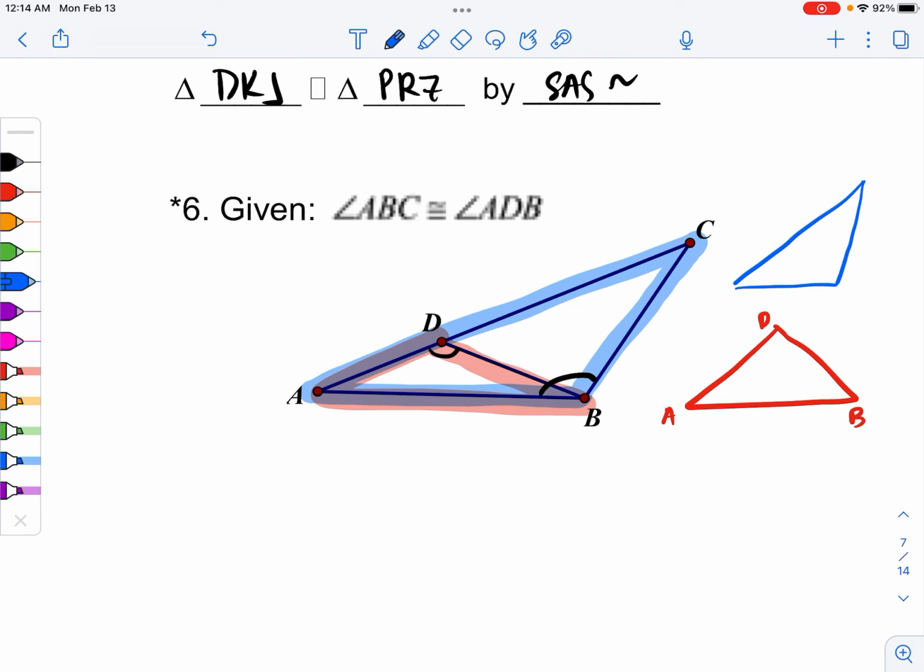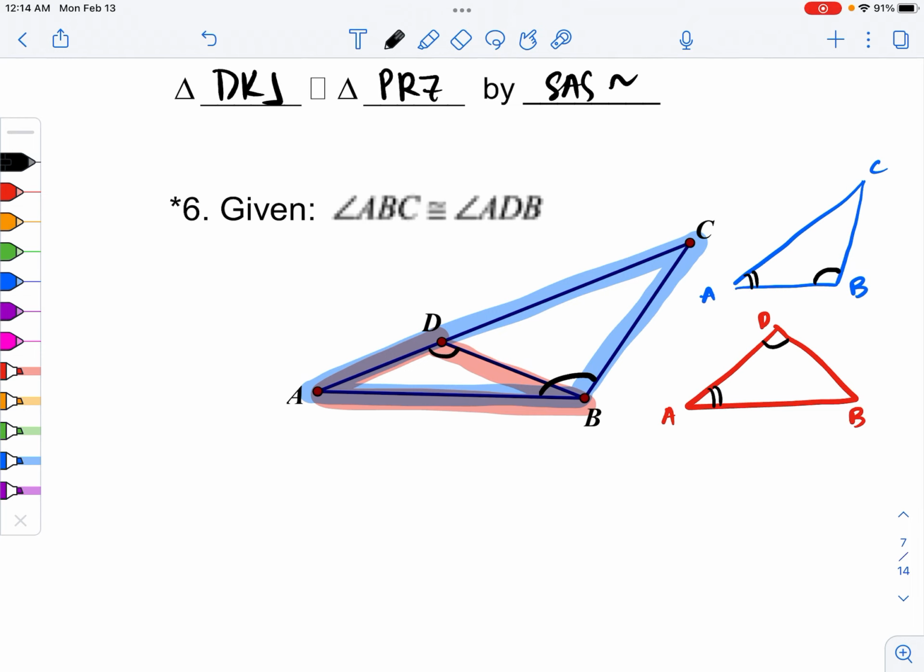Actually, you have three triangles here, but we're going to focus in on these two in particular because these have the congruent angles that is mentioned in the given. And let's finish labeling this ADB. Now, if you notice, in the blue triangle, ABC is congruent to, in the red triangle, ADB. But if you also notice, angle A is in both triangles,